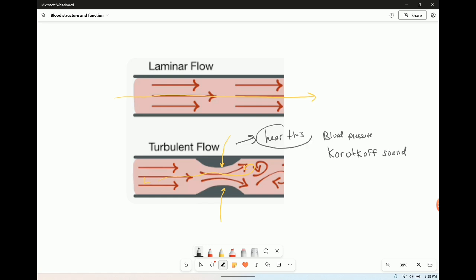If you hear a turbulent sound because of plaque, then it's called a bruit. Pronounced bruit. So when you place the stethoscope over the carotid artery, which is in your neck, and you hear a swishing sound, that's a bruit. So that's some sort of turbulent flow, which is